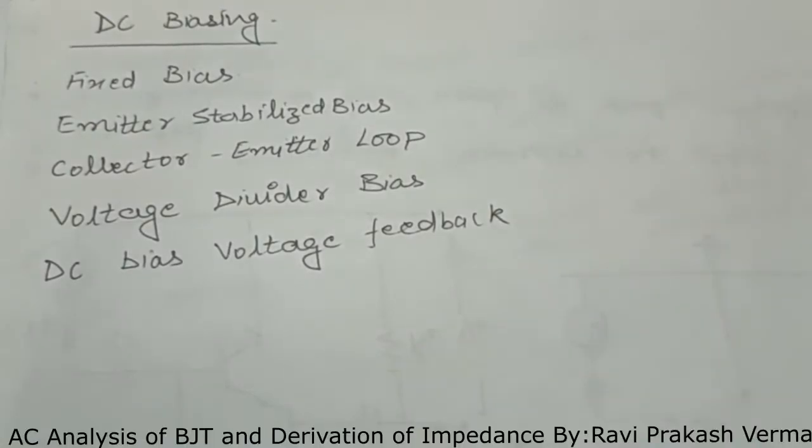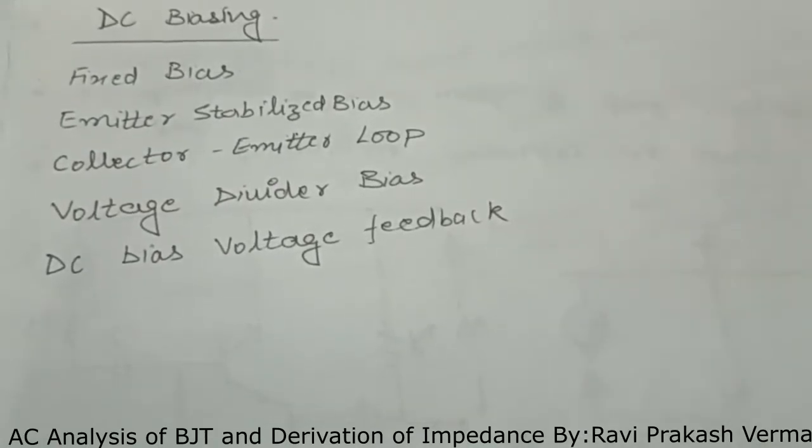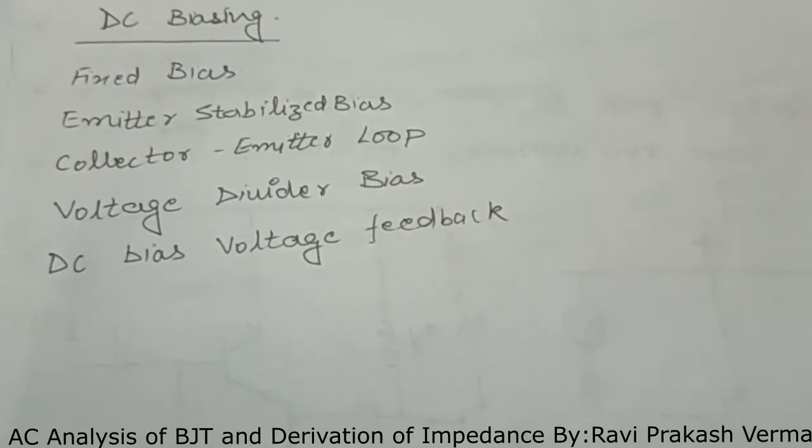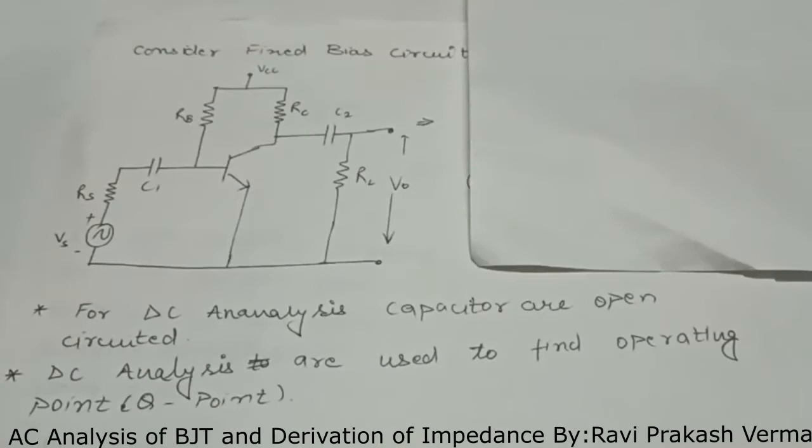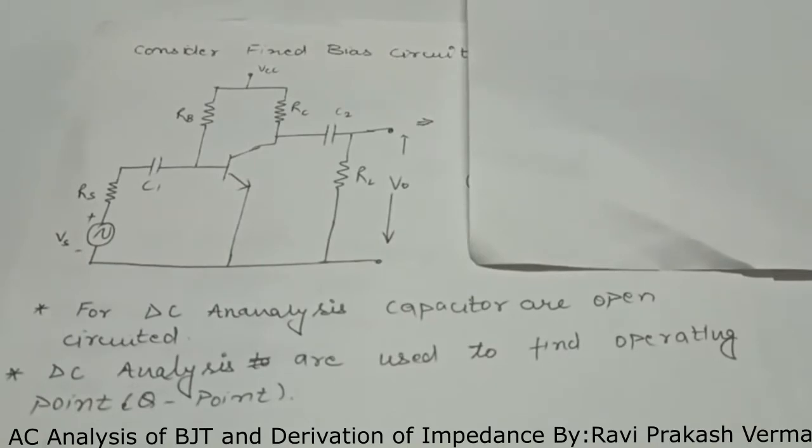Today we are going to derive an AC equivalent circuit for the fixed bias circuit. Fixed bias circuit is the DC biasing circuit for any transistor. It consists of only one DC source. Now we are considering a fixed bias circuit. In a fixed bias circuit, there is only one DC source, and in this circuit, capacitors C1 and C2 are